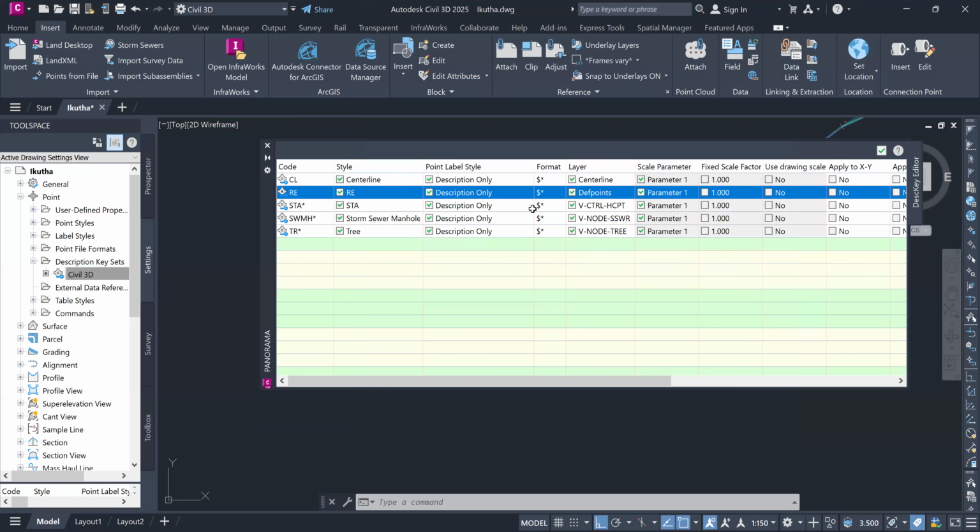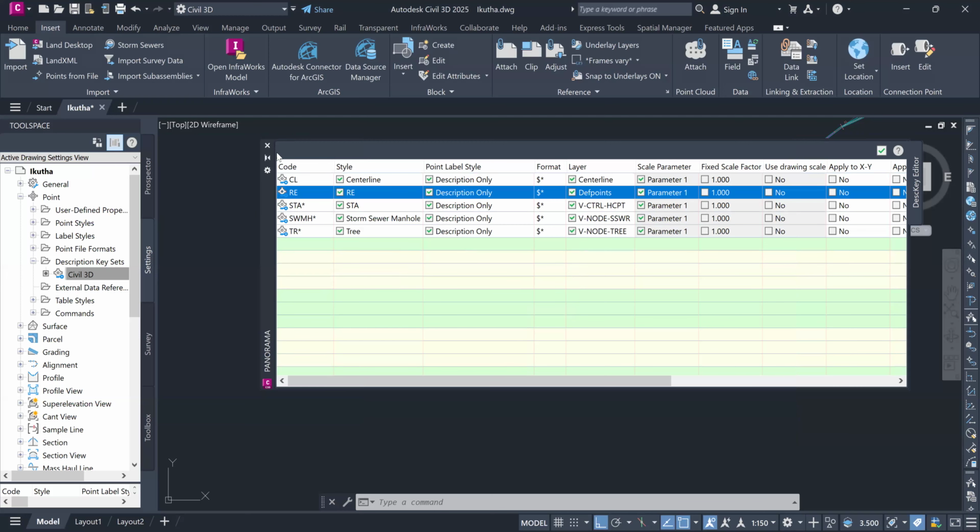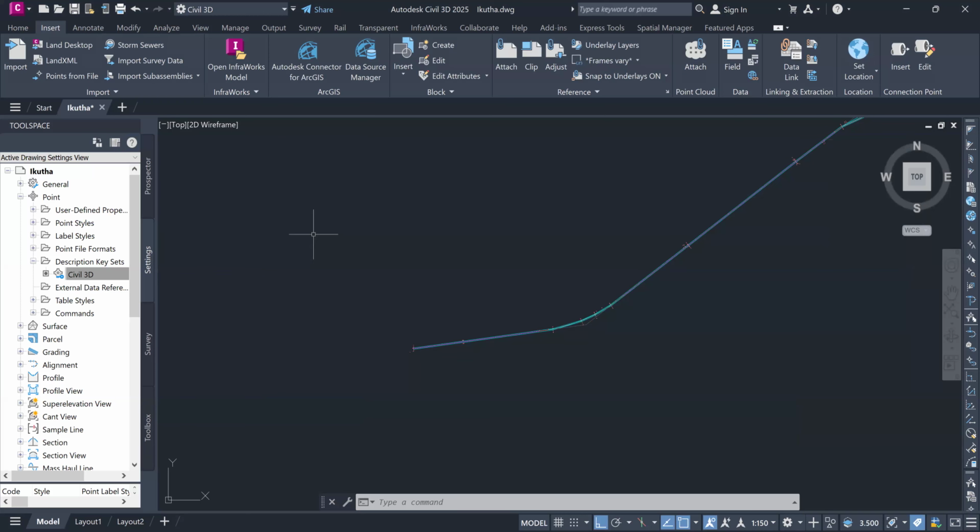So I created the root edge, a layer also for the root edge as well. So that's what I have here. Okay. So having created the codes,